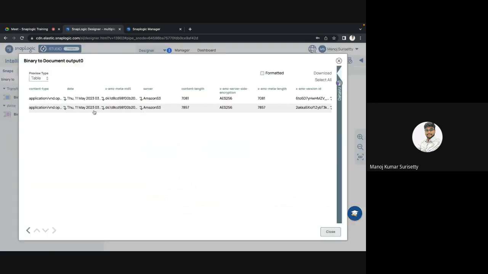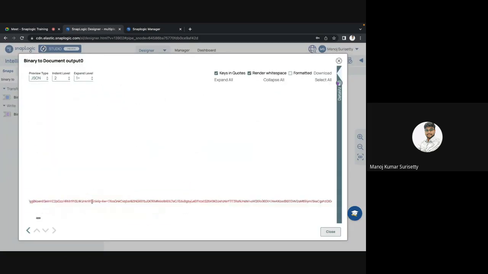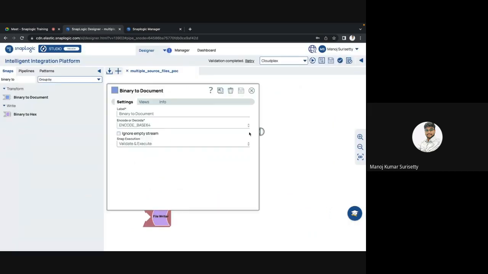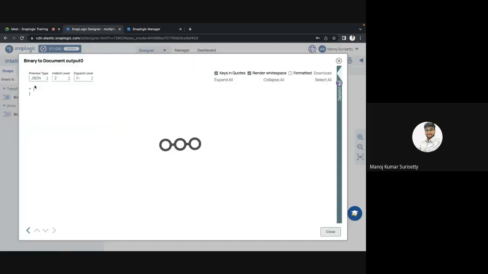Can you see the difference? The whole data has been transformed into this, some random characters. The next thing is, let's try it out with decode base 64. What we are telling this snap is to decode the input data. Have we encoded it? No, but still we have asked the binary to document snap to decode the input data. But this is particularly used when the source file is encoded, when the data in the source file is encoded. So if you see the data now,